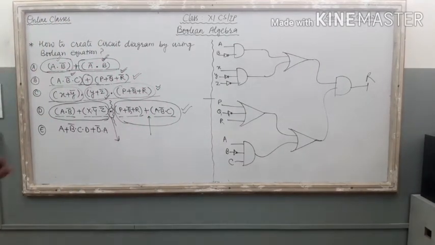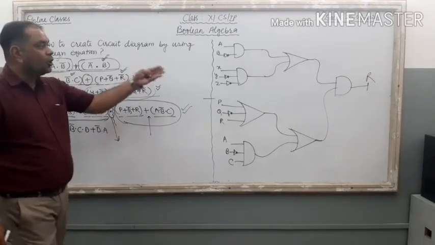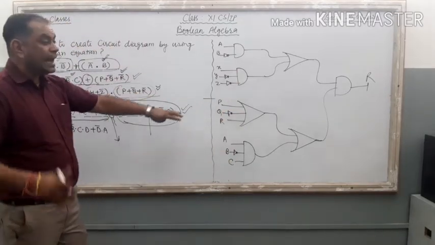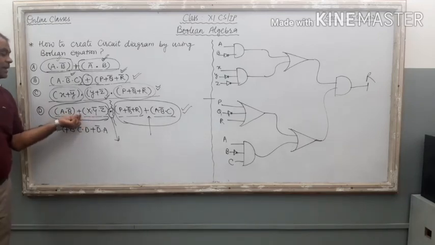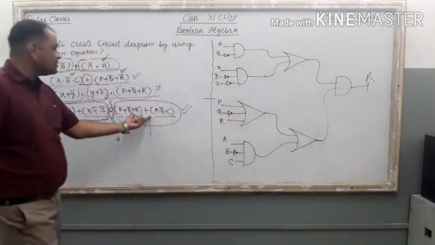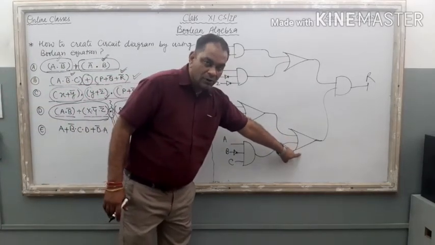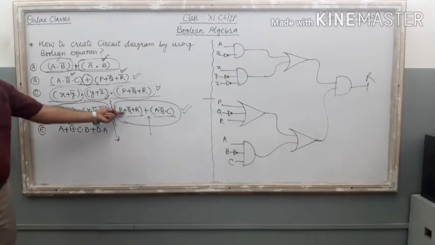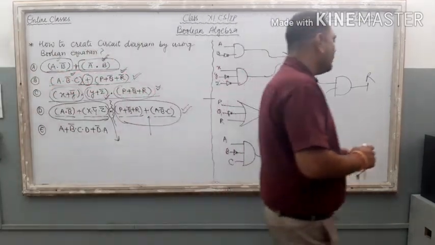Check it again. 1, 2, 3, 4, four different parts are there in the equation. Very first, we draw each and every part on the board. 1, 2, 3, 4. All the 4 parts are there as a circuit diagram. Now take first two. First two parts are connected with plus. Plus means OR. So first two parts are connected with OR gate. Now take the next two parts. These two parts are again connected with OR gate. So one OR gate is also there, and these two parts are connected with OR gate. Now overall the equation is connected with this dot. Dot means AND. Just check this one. This is the diagram of part D.